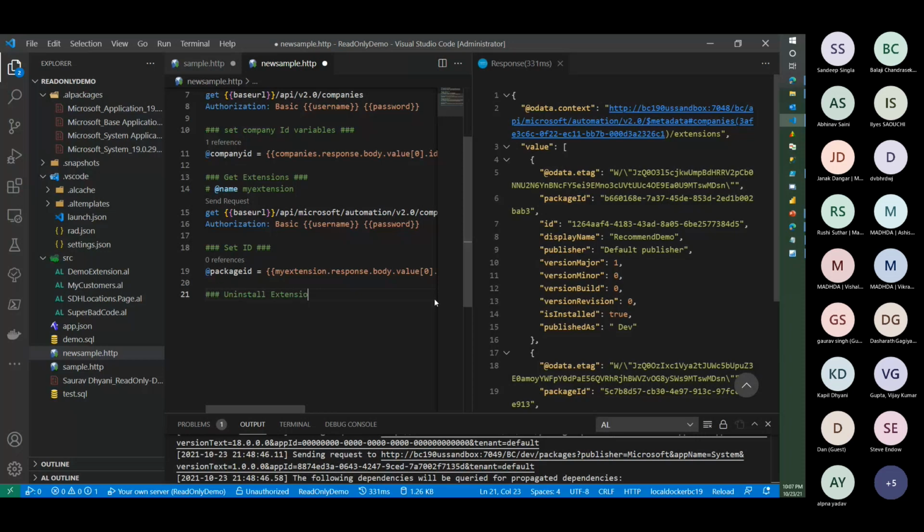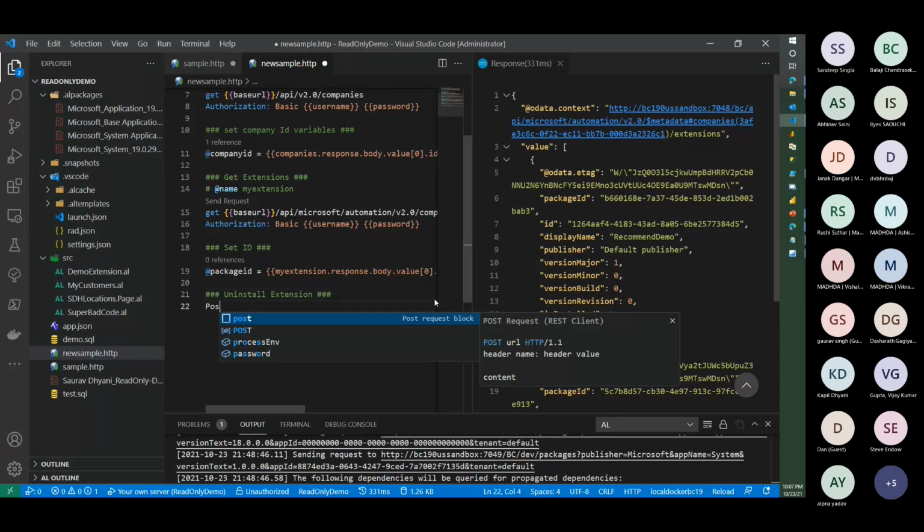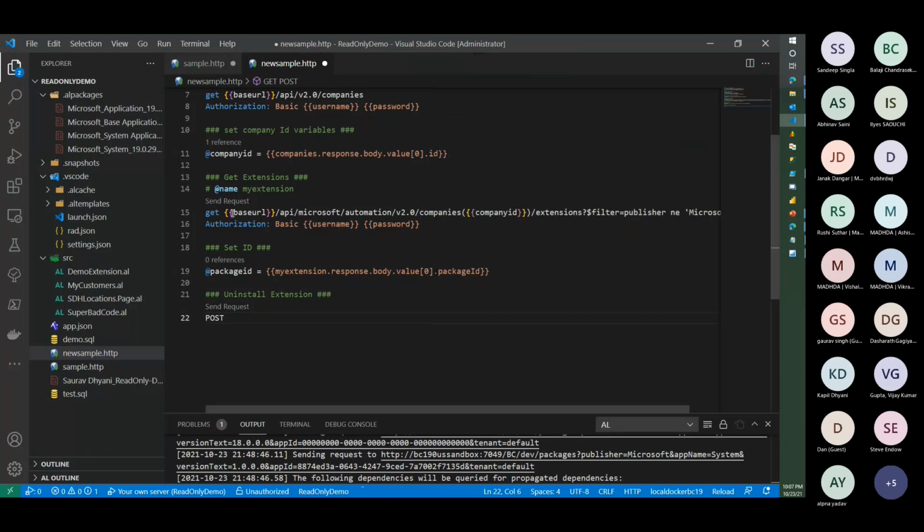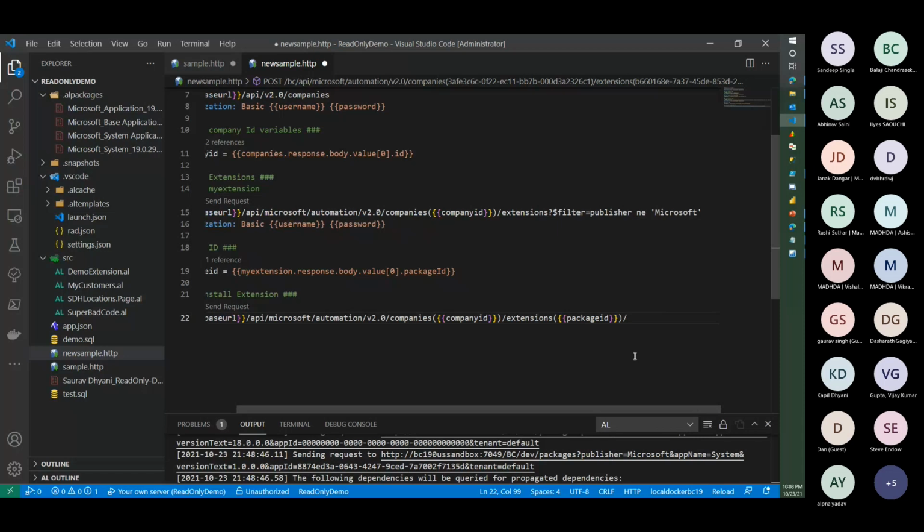Okay, and that will be done with a post command, which will have a similar URL more or less. So let me copy this. What I'm trying to do is post into this companies with the extension, and then I need the extension detail, which is based on the package ID. So what I can do is add a package ID here that will filter that extension, and then inside this there are different actions